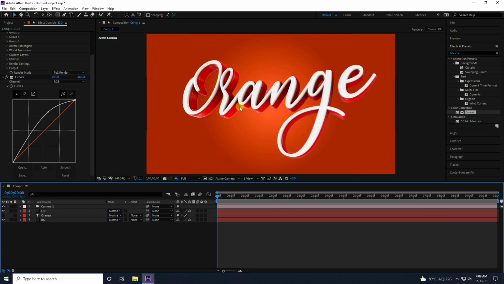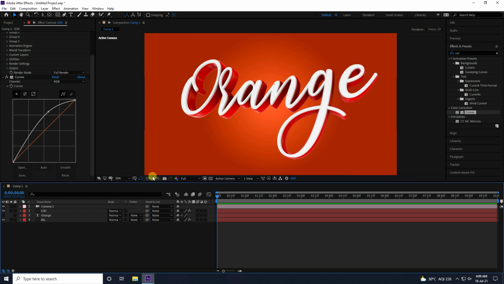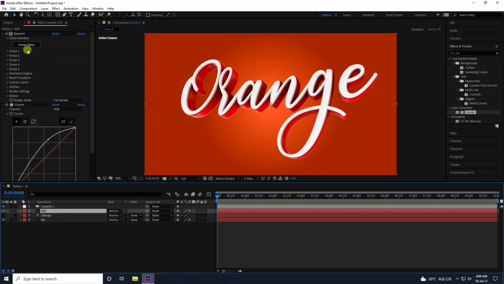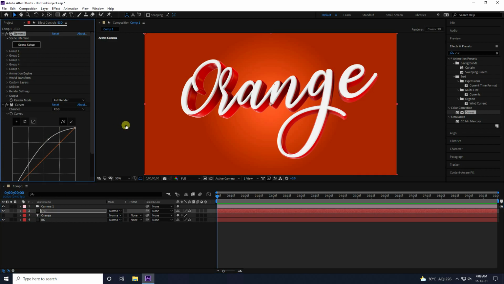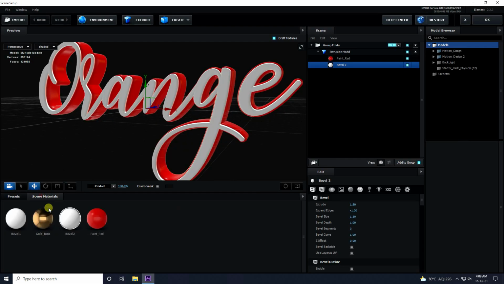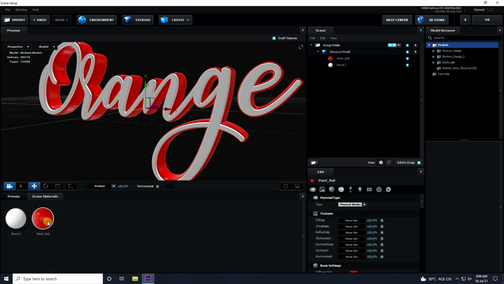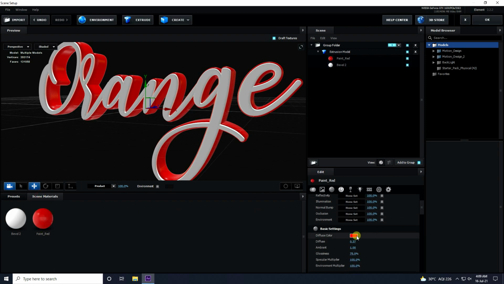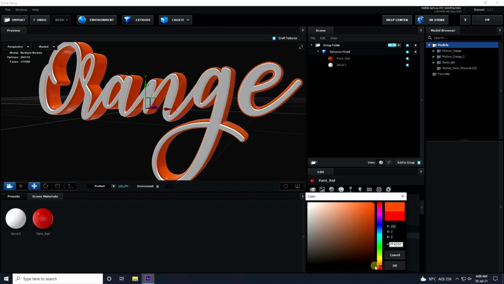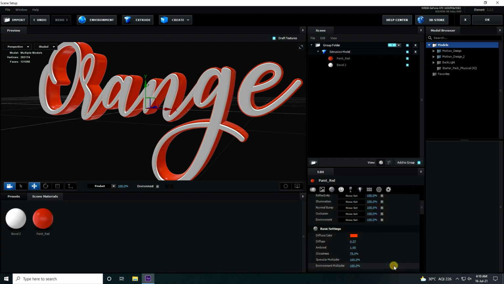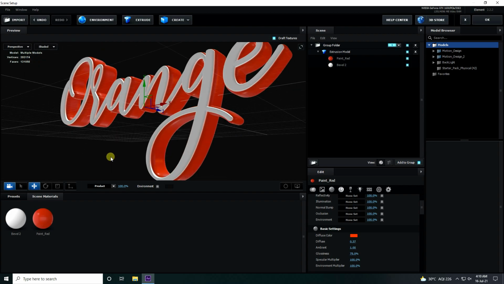Now you can also change this material color. Go to E3D again and setup. Go here and remove unused material. Select this red material and I change it to orange. Go here, I take an orange color. Yes, good. A little bit more change, like 65, and press OK. This one is good, that's my orange color.